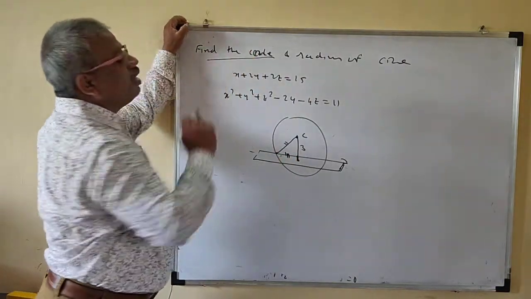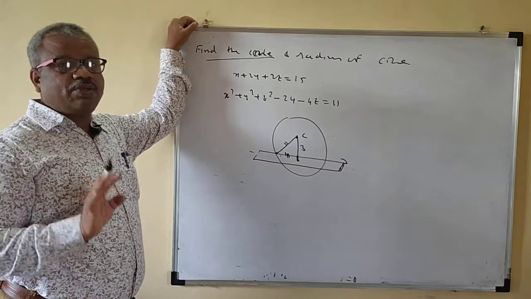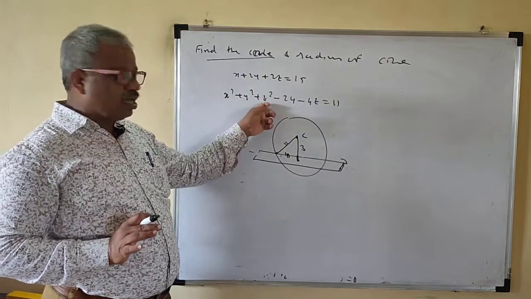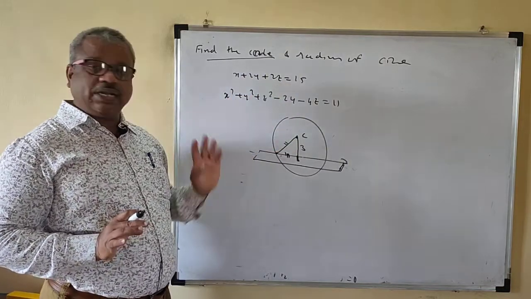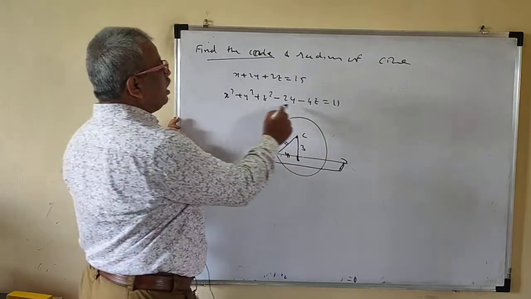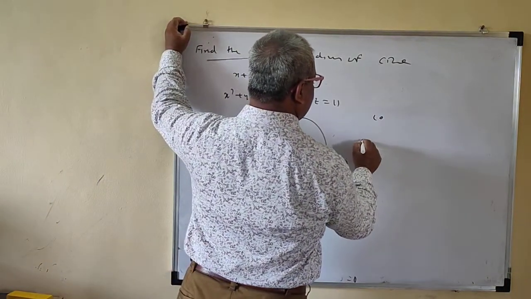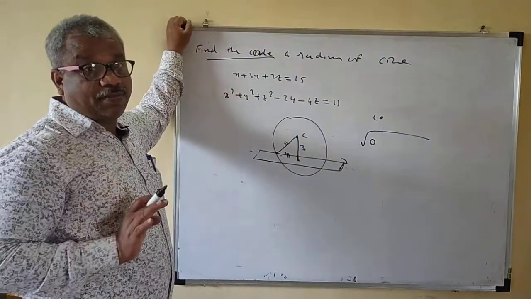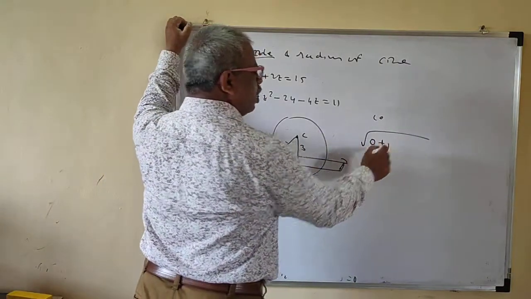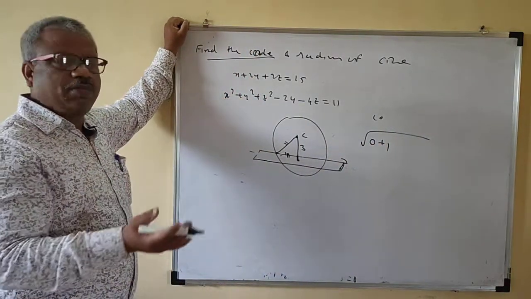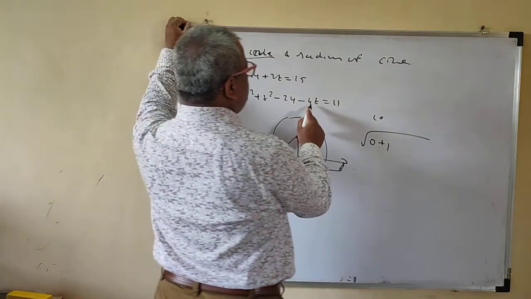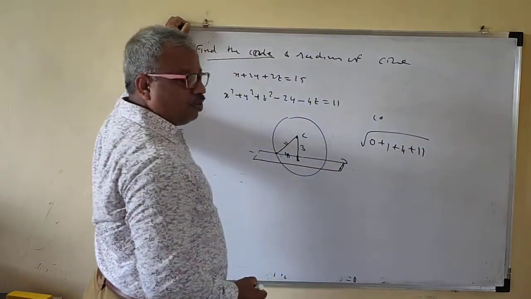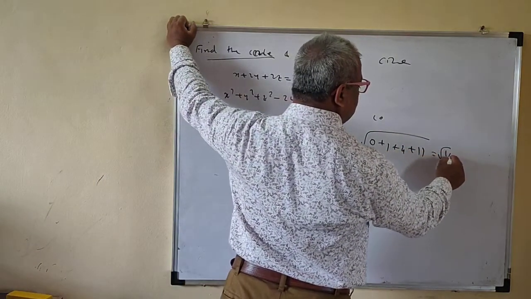It is very difficult to find the coordinates of the center of the circle, but you can easily obtain the radius of the circle. One thing is provided to you: the perpendicular distance of the center from the plane is 3, and you want the radius. So the radius of the sphere is the root of: coefficient of x square is 0, the coefficient of y you multiply by half, so that is minus 1, and you take the square, so plus 1. Just multiply by half and take the square. This is 2, so plus 4, and this is minus 11, so plus 11. So this is root 16, so 4 is the radius.